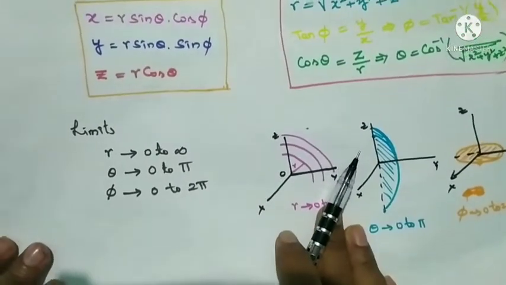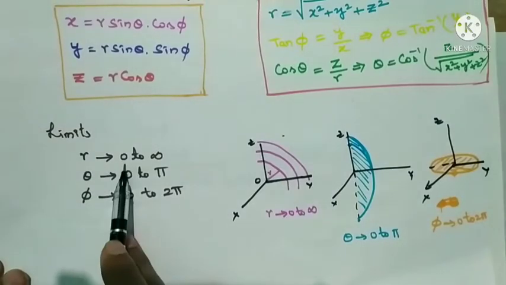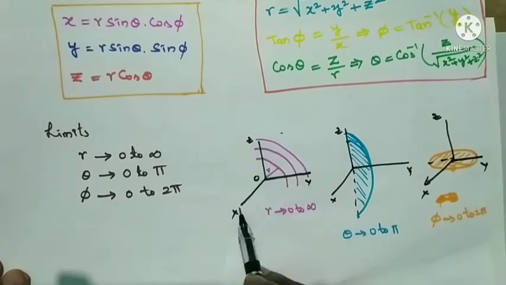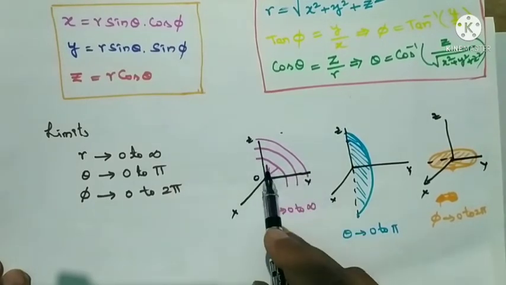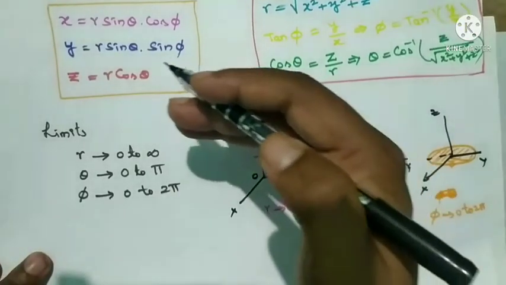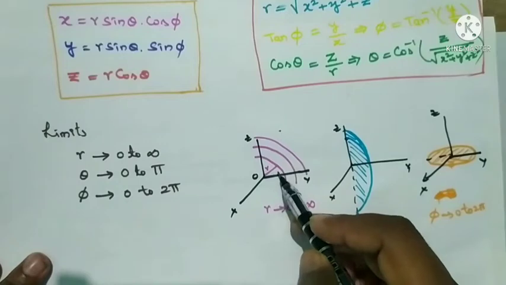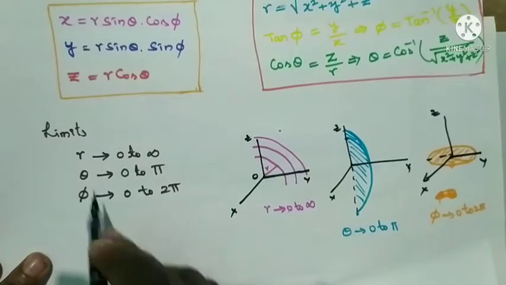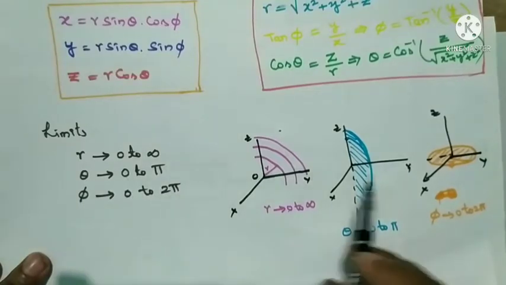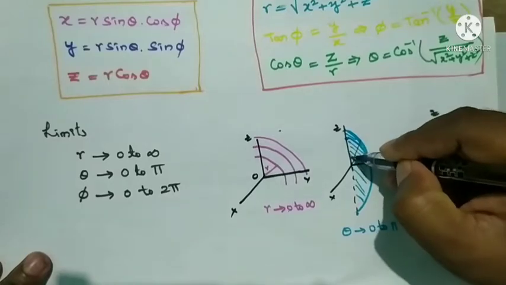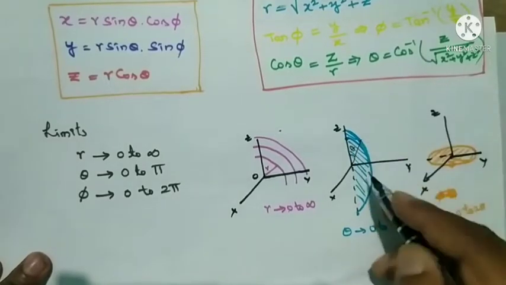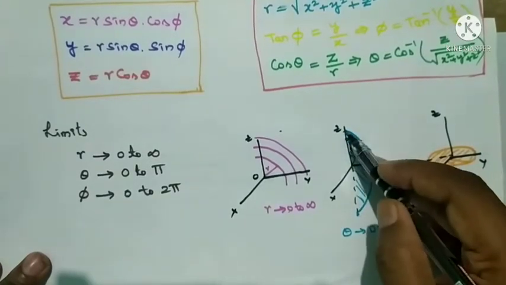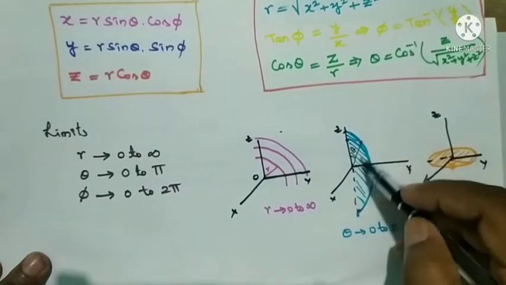And coming to the limits of these spherical coordinates, r can be taken from 0 to infinity. You see in this figure, I am taking only the x, y, z three coordinate axes, and the spherical structure is increasing. That is, the radius of the sphere is increasing with increasing r value. Now theta goes from 0 to pi. Theta is the angle made by the position vector with the z axis. Then this theta can be changed from 0 to pi, means from here to here it will be changed, and you will get like this.